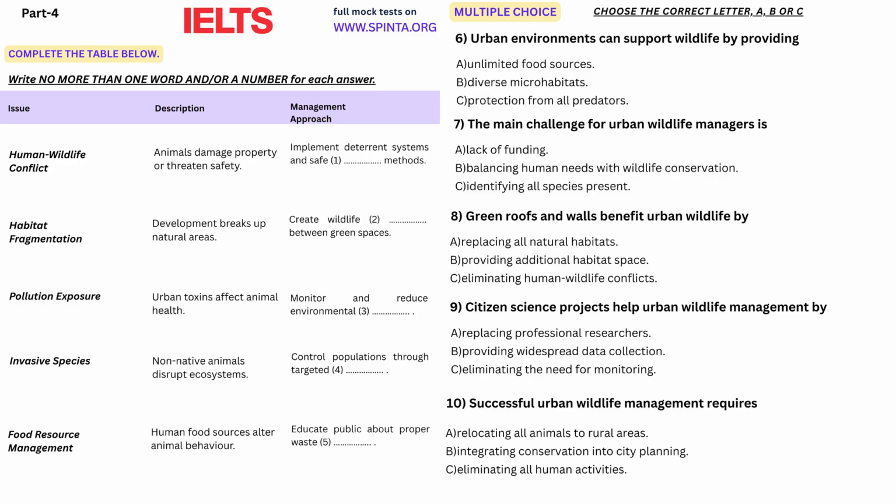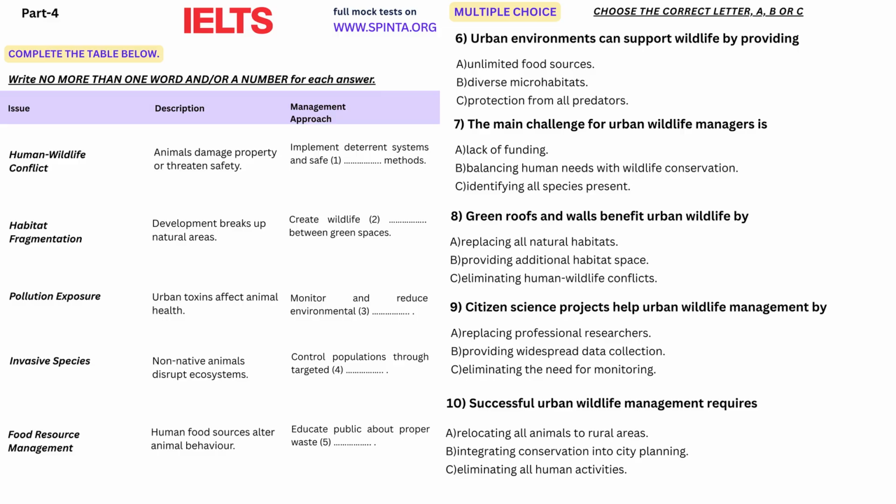and habitat fragmentation. Human-wildlife conflict emerges when animal behaviors interfere with human activities or safety concerns. Common issues include property damage from foraging animals, aggressive behavior during breeding seasons, and disease transmission risks. Bears entering residential areas for food, deer damaging gardens, and bird strikes on aircraft represent typical management challenges requiring species-specific